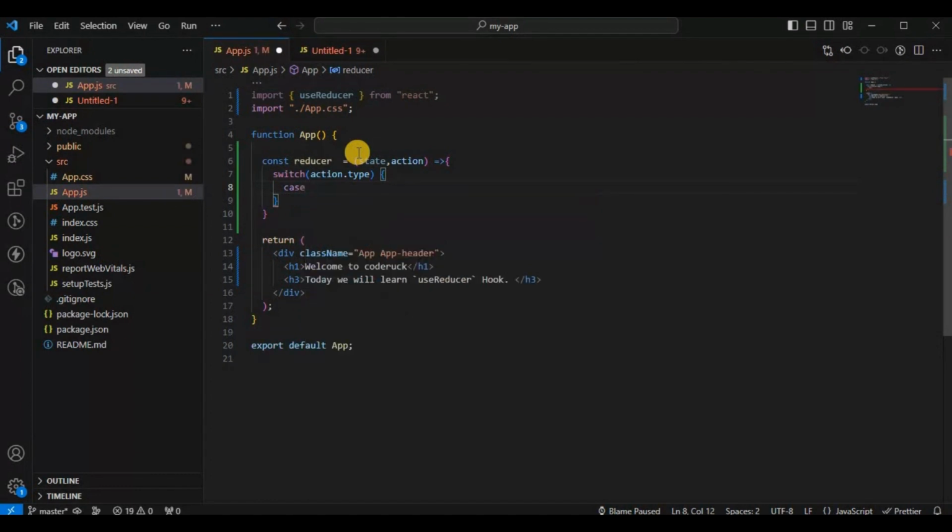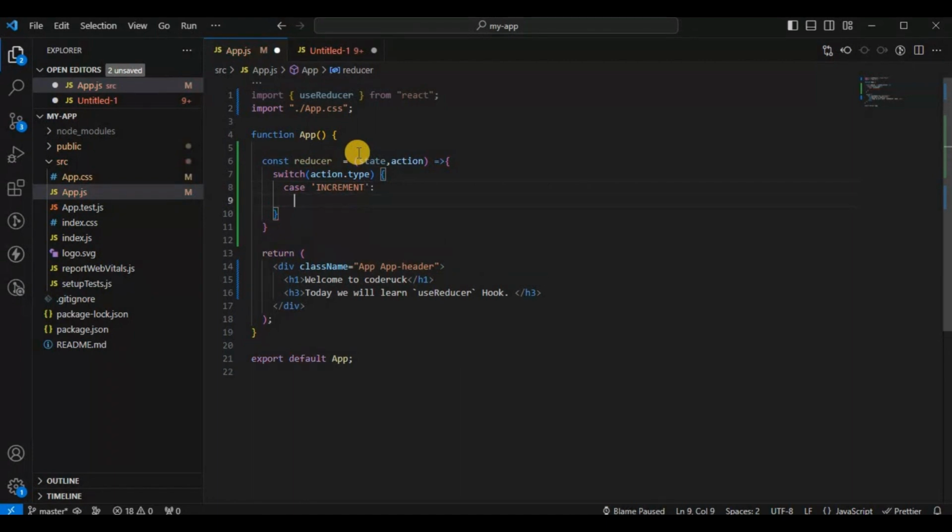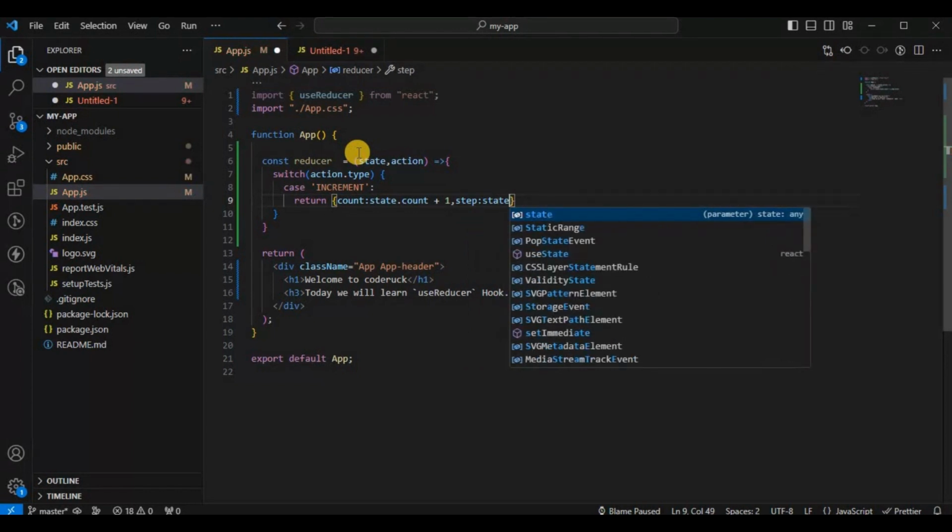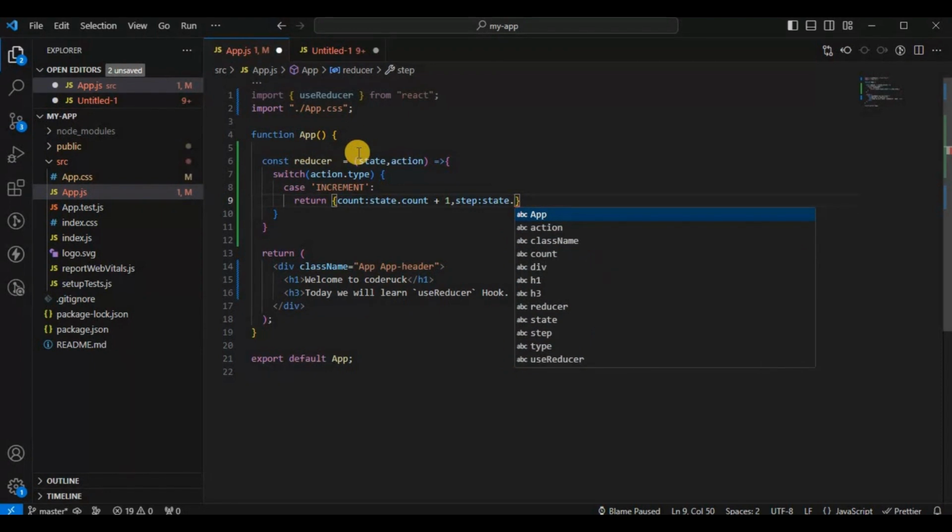If the case is increment, then it will return count is equal to state dot count plus 1, and step will be state dot step. Okay,